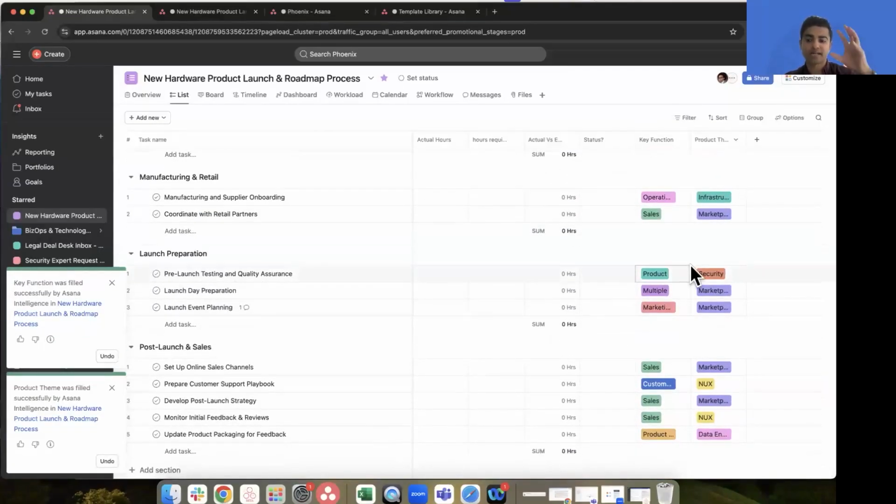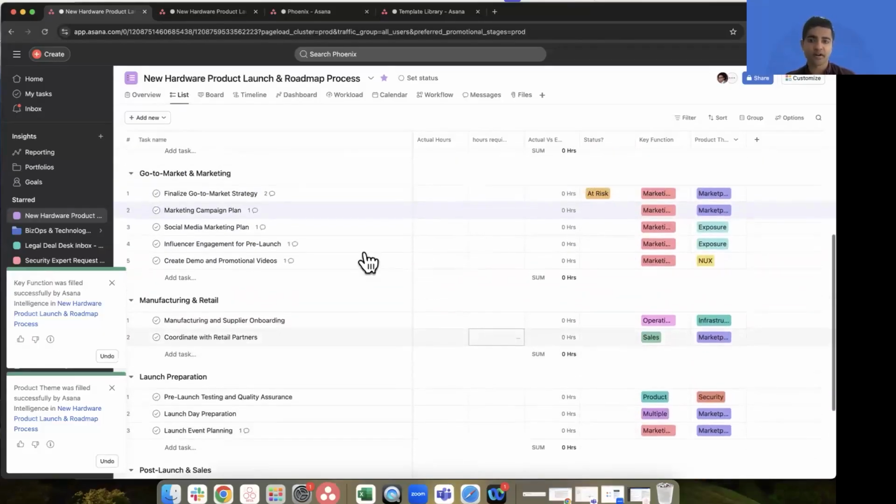And now, as these changes are made here, everything that's connected to it, the dashboards, the multi-homing, everything updates automatically on its own. No having to send any additional emails or ping people saying, hey, we've put something on the docket for the marketing and creative team. Can you take a look at it? None of that needs to happen. It's all happening from Asana as a centralized system.